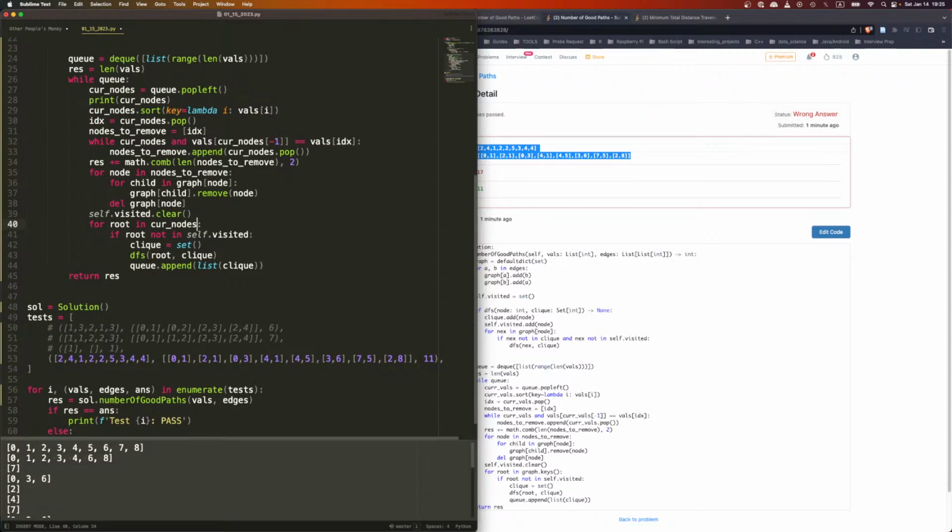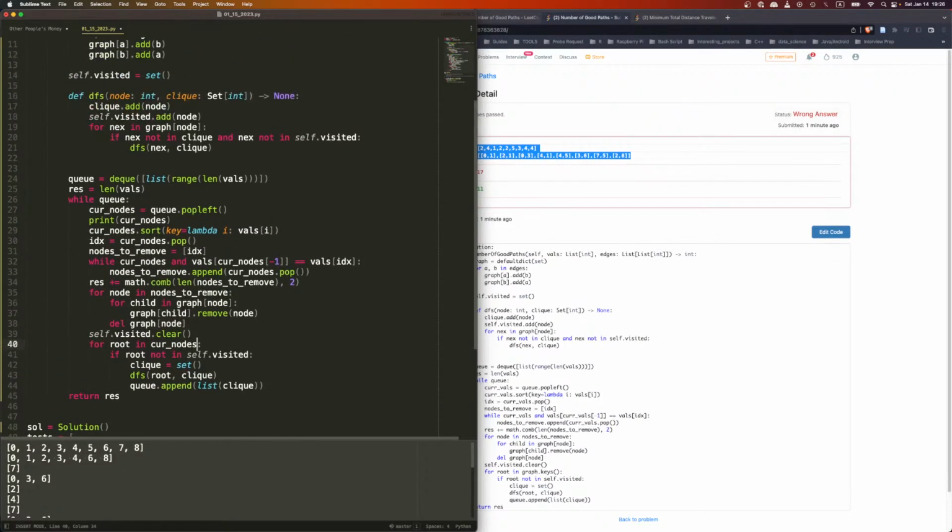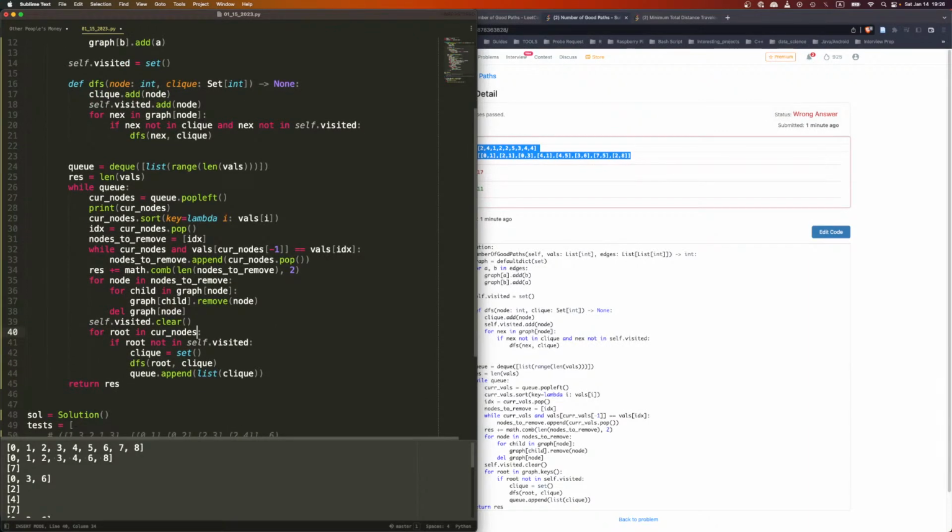Its own clique. And within the current nodes, we try to see if we can split into even further ones. And every single time that we do this, and we do DFS, and now they remove it, so we don't do